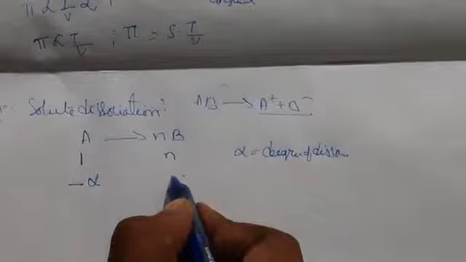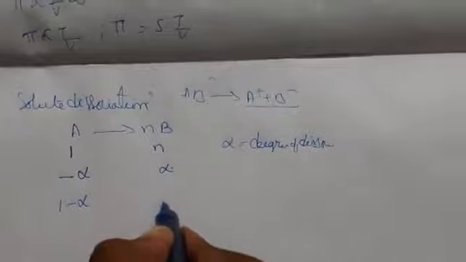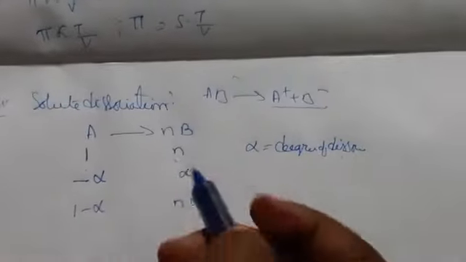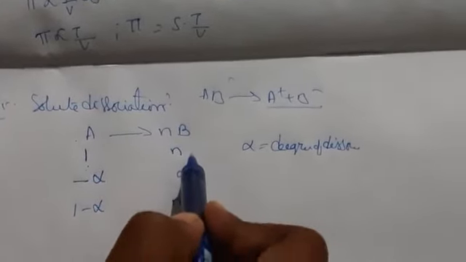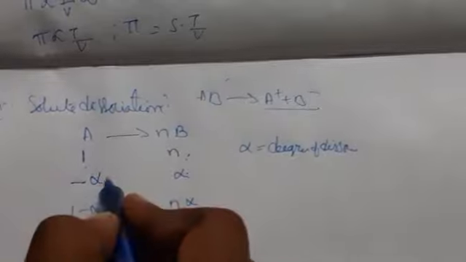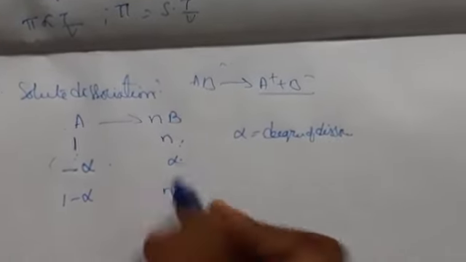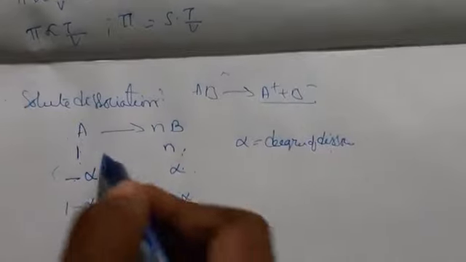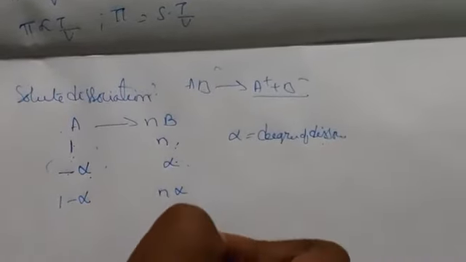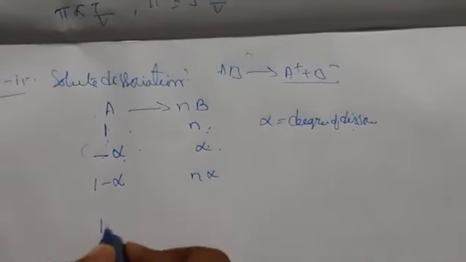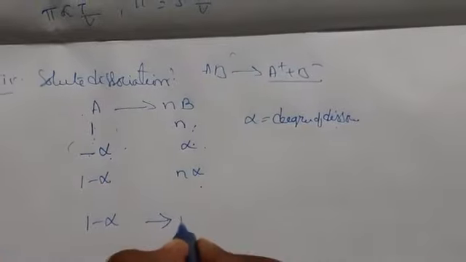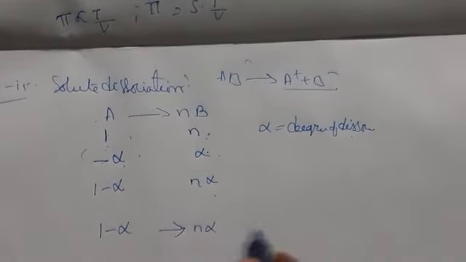Whenever the reaction starts, A has 1 mole and B has n. The reactant becomes 1 minus alpha and the product becomes n alpha. So 1 minus alpha gives rise to n alpha. Now when you add these together,